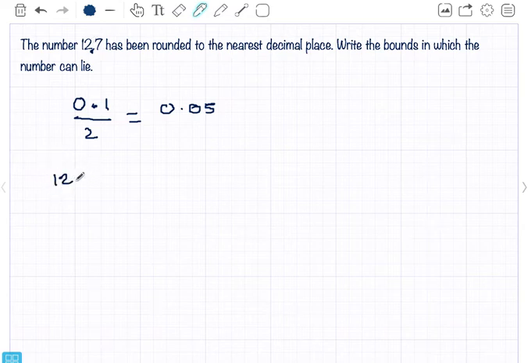And I'm going to take that away from 12.7. So I have 12.65, and I use the equal bit on the inequality, and here's the number that was rounded, 12.7, and then less than 12.75. So nearest decimal place, use 0.1. Two decimal places, 0.01 divided by 2. And the final one